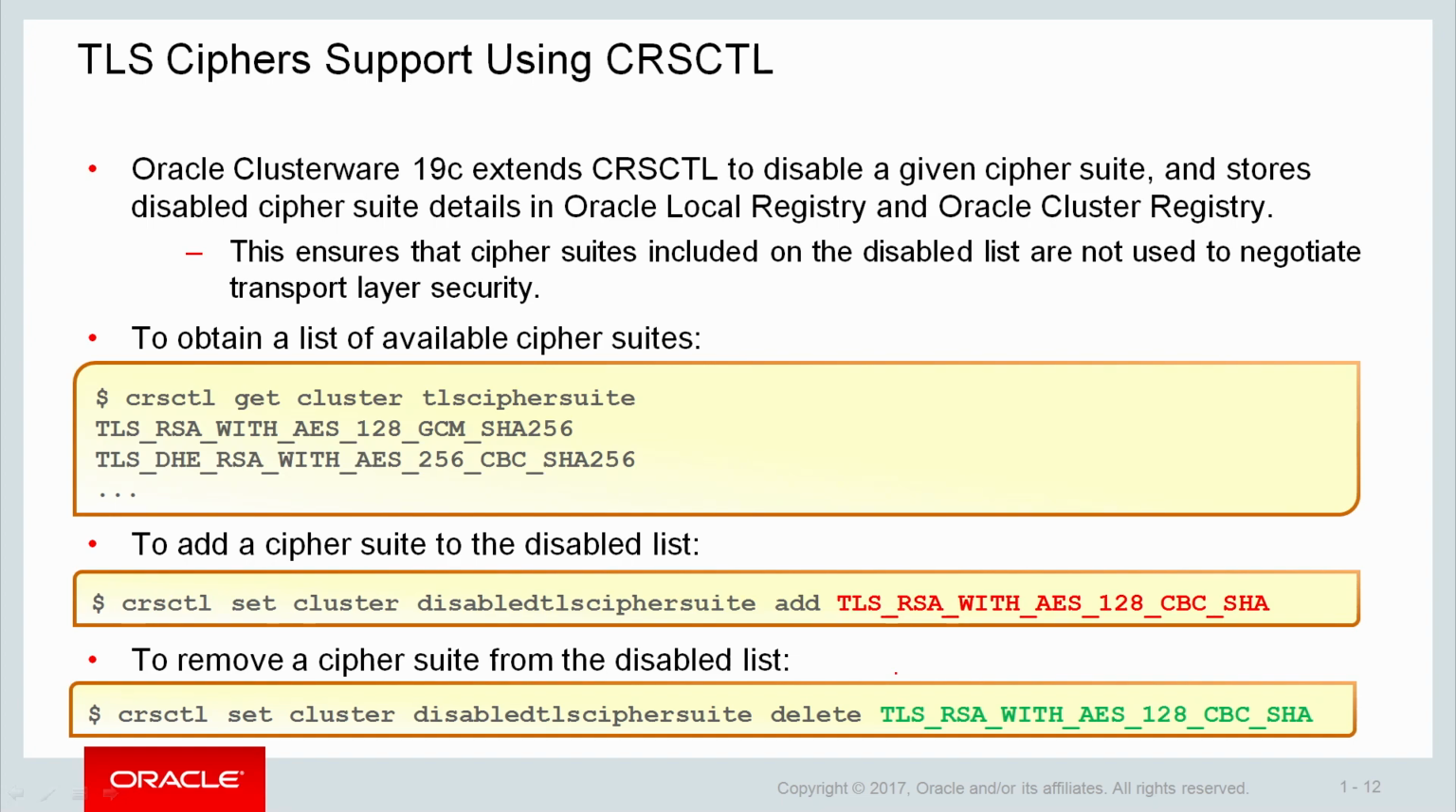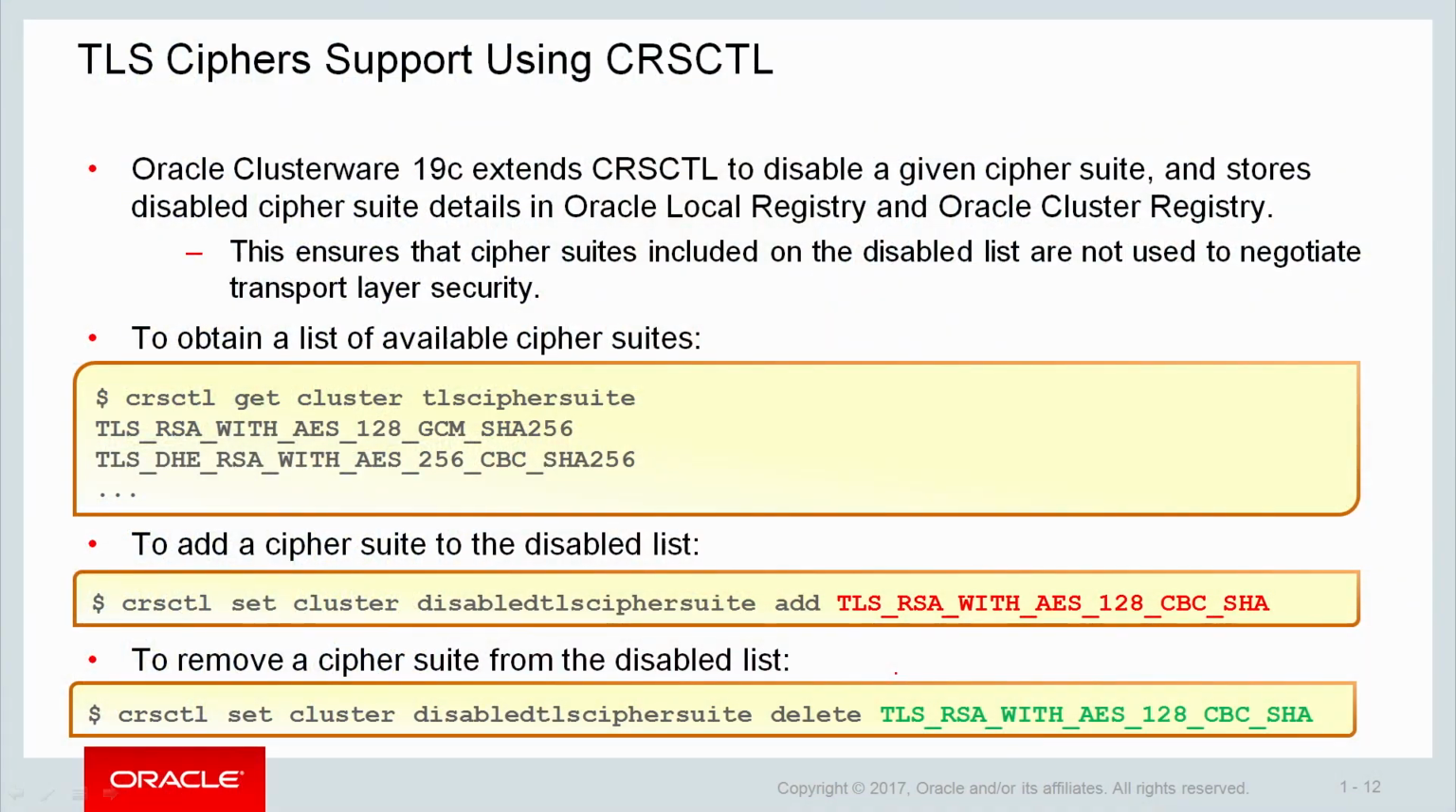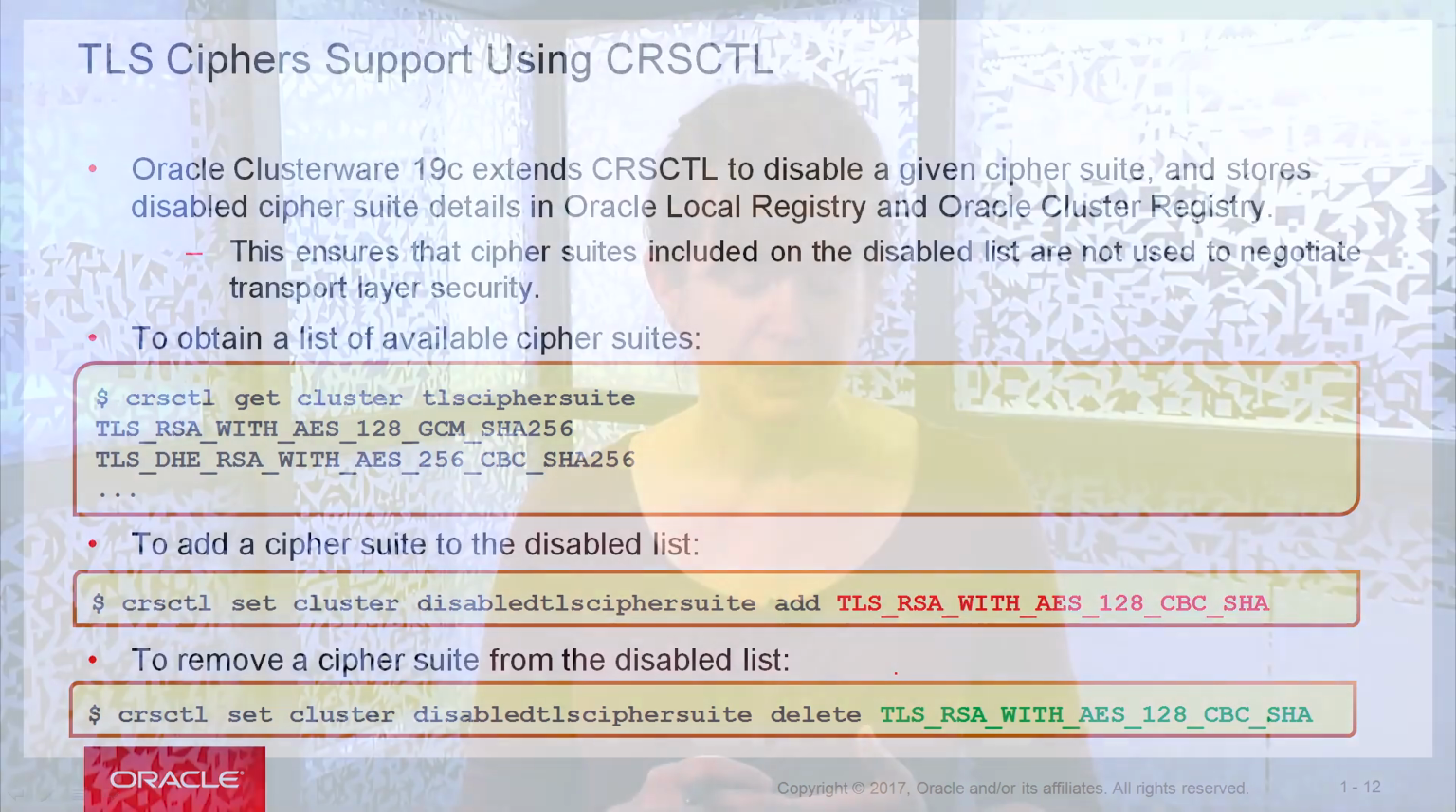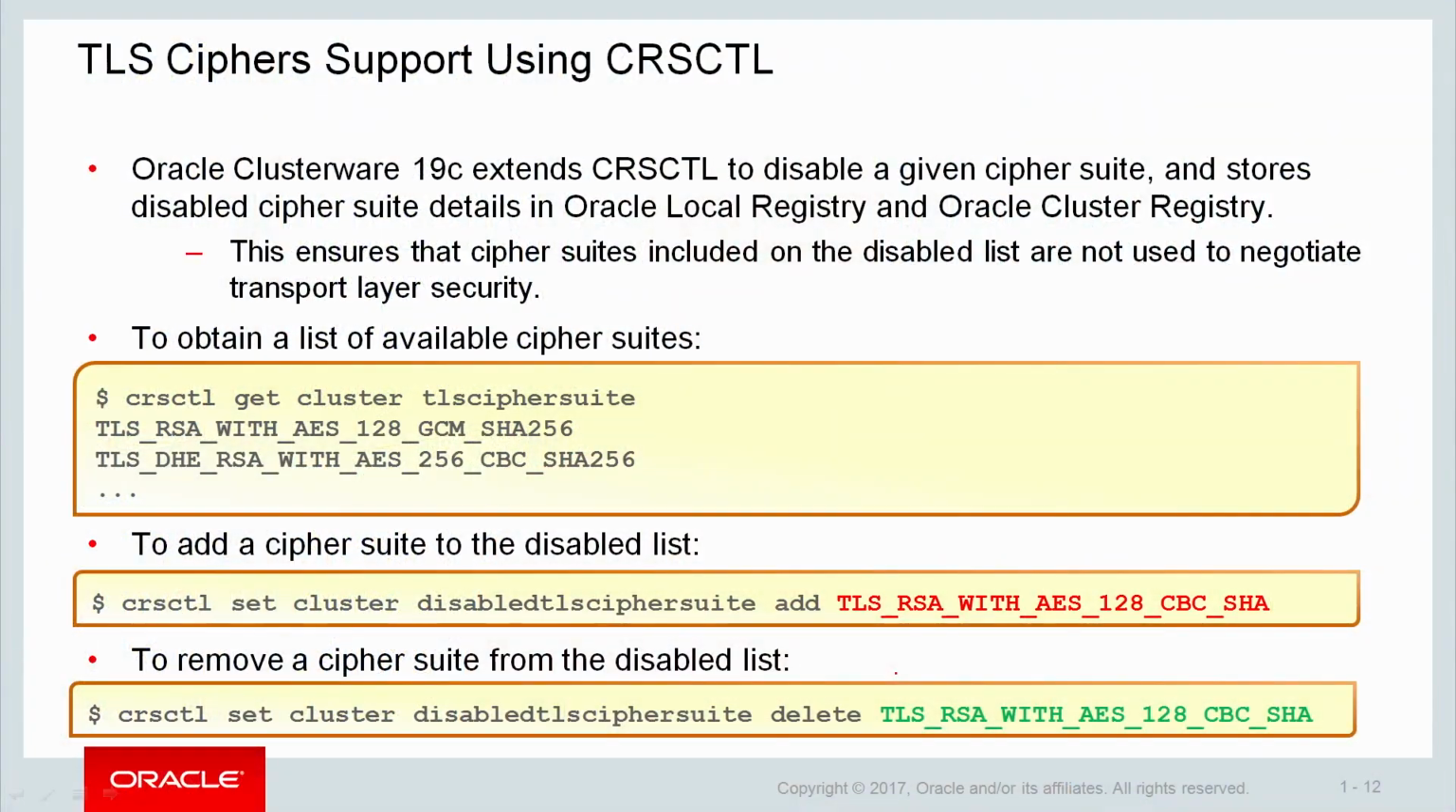Now, Grid Infrastructure uses its own library called GIPC, that's Grid Inter-Process Communication library, for all intra- and inter-node communications. GIPC makes use of a number of pre-compiled ciphers to add security to that communication. Over time, some of those ciphers may be compromised and we don't want GIPC to use them. So we now have support in crsctl to add ciphers to disabled lists to make sure that GIPC doesn't actually